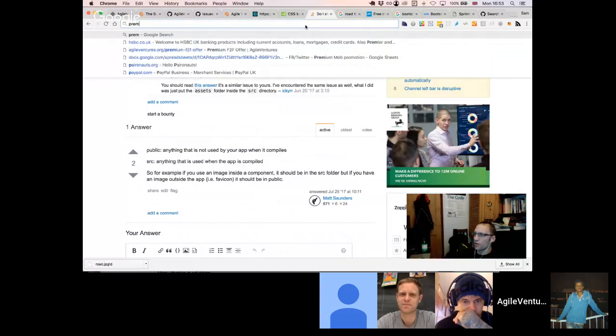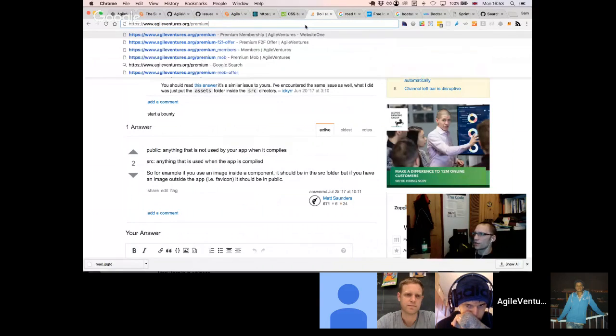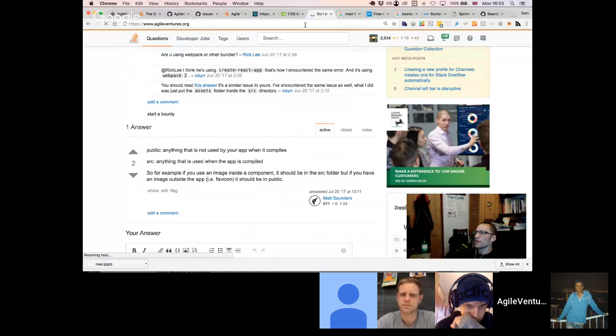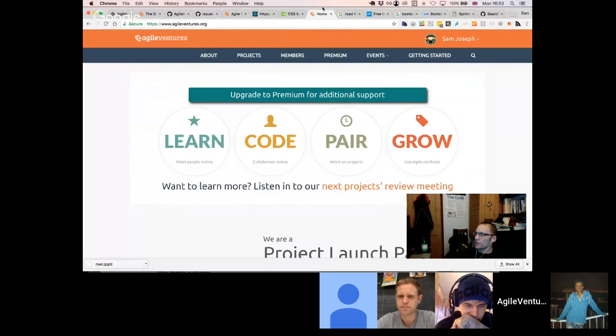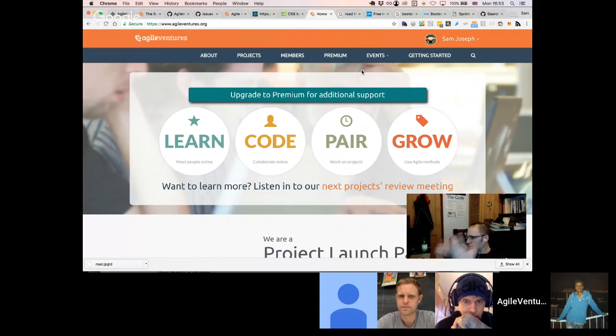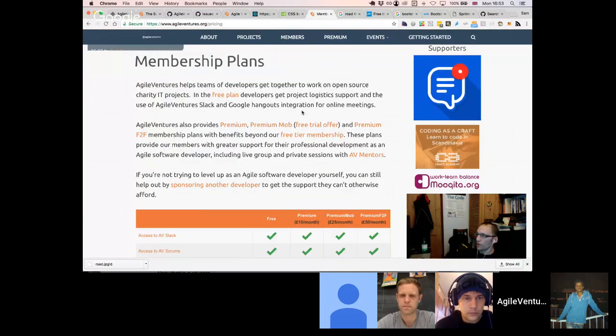Agile Ventures originally started as purely a group of people collaborating together with no real structure. And structure came in, and we've had the free tier. We introduced the premium framework. We became an official charity, and we introduced this premium framework to try and help support